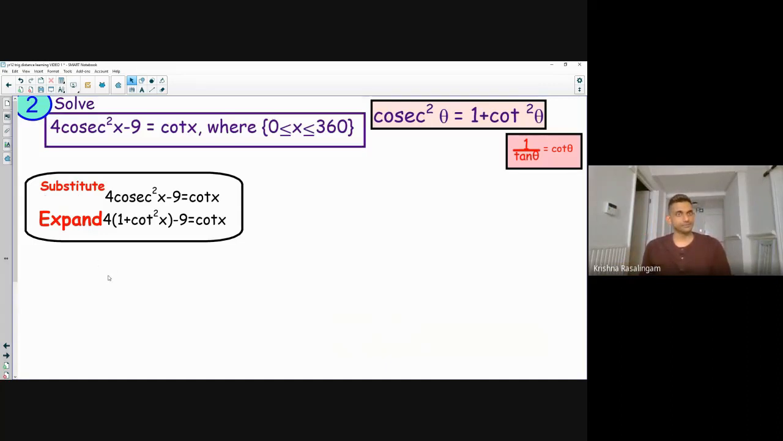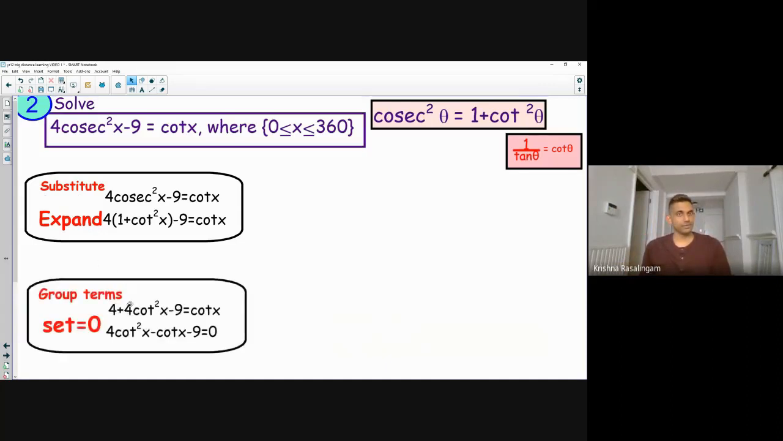Expanding, we get 4 plus 4 cot squared minus 9 equals cot x. So you've got something that's a quadratic. How do we solve a quadratic? That's right. We'll set equal to 0. Now,